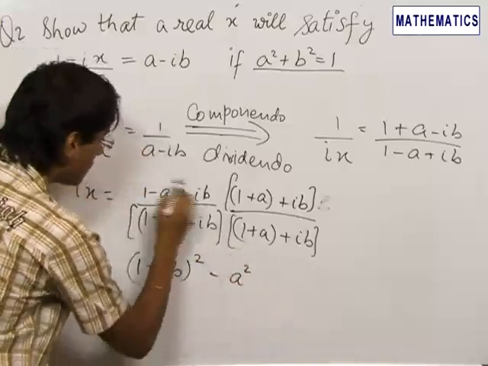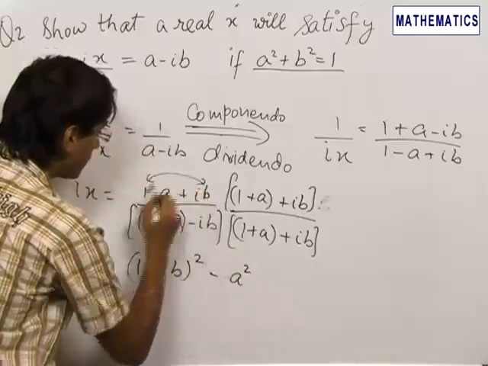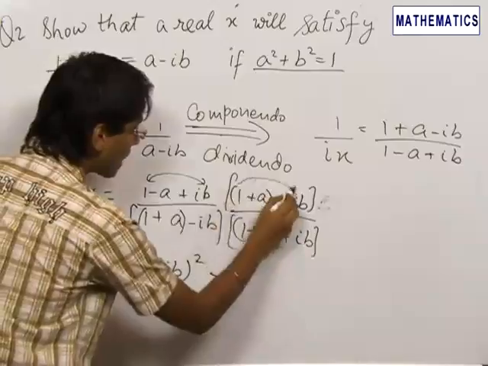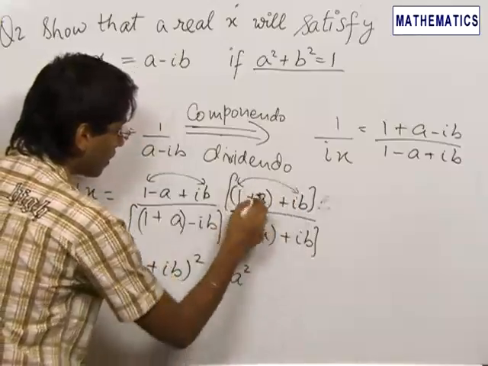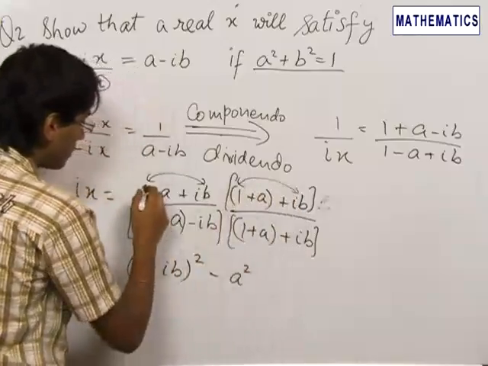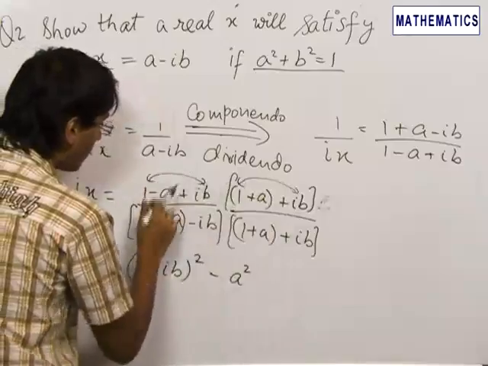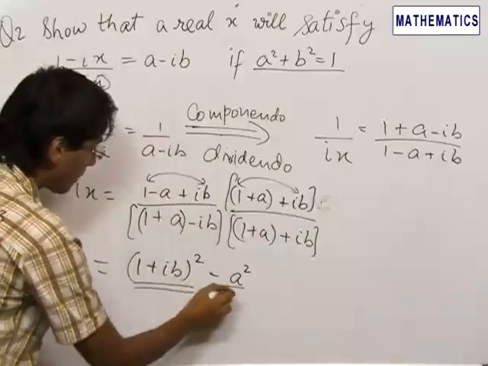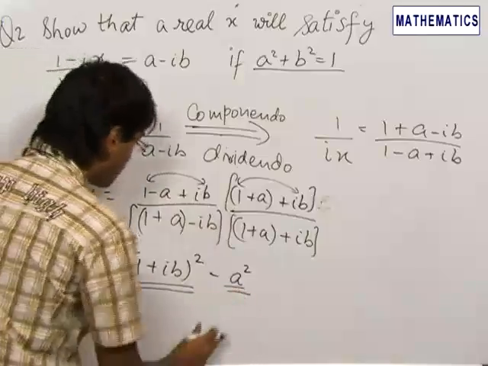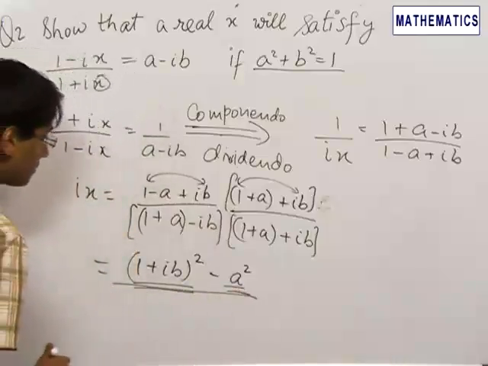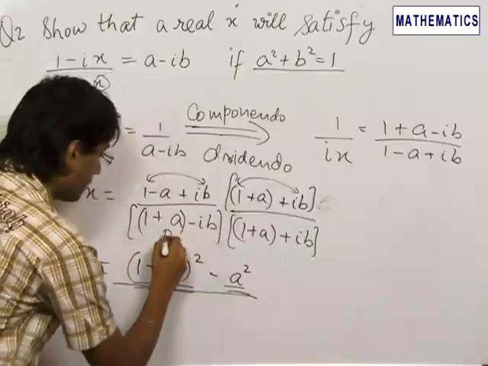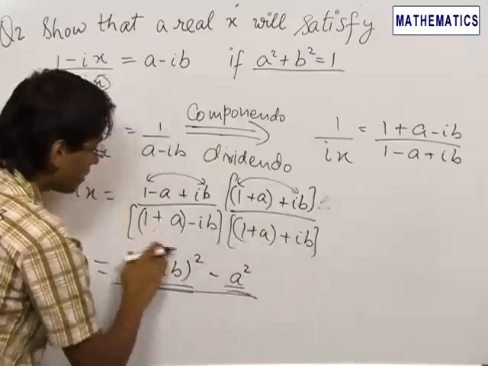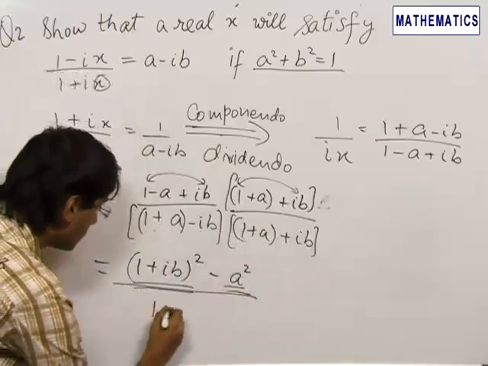Here we are considering 1 + ib clubbed together, minus a, and 1 + ib clubbed together, plus a. So this becomes capital A square minus capital B square, where capital A was 1 + ib and capital B was small a. In the denominator we get again capital A square minus capital B square,